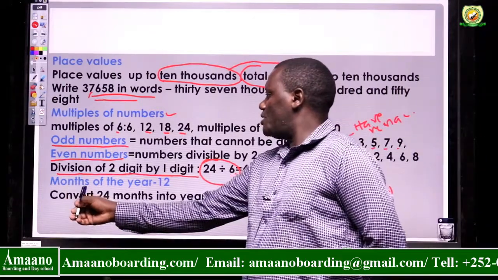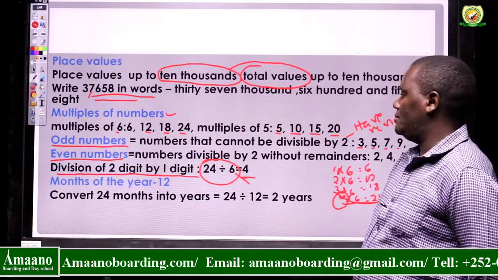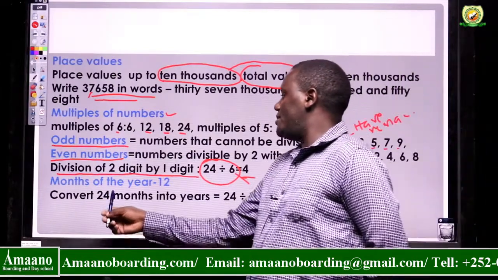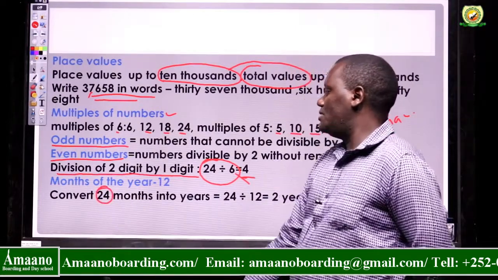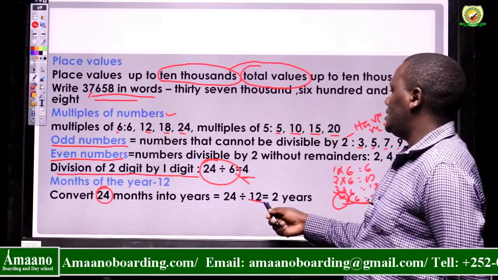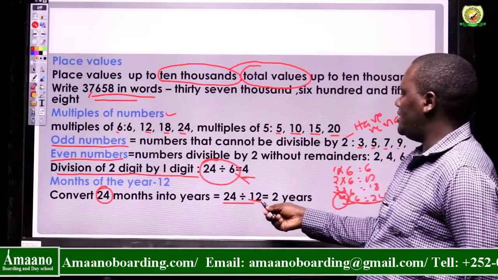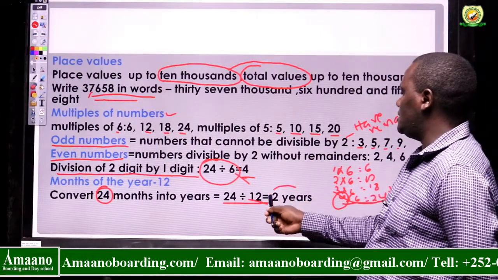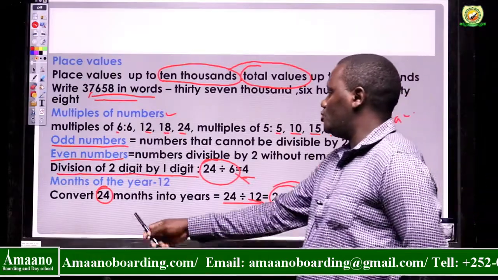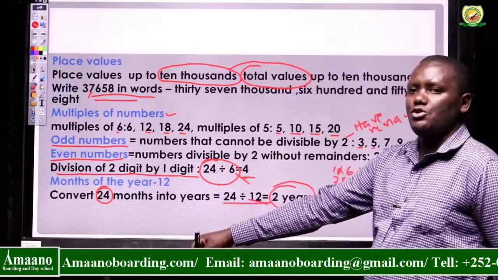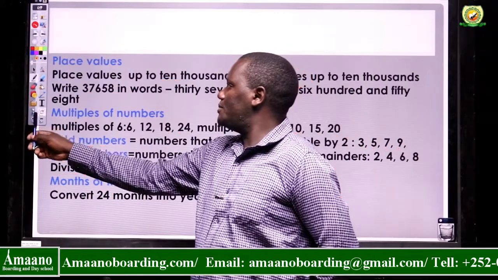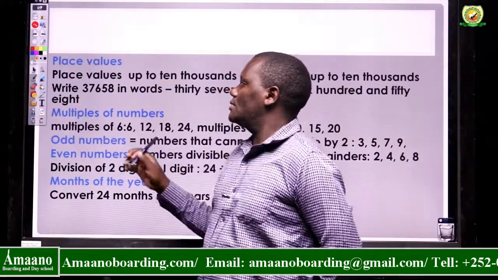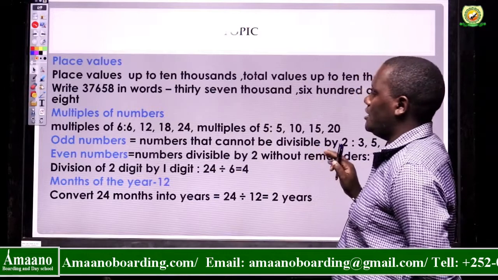Now we have 12 months in 1 year. How do we convert the months into years? We take the months that we are given, divide by the 12 months. That is 24. I divide by 12. I find it is 2 years. That means 24 months equals to 2 years. Let's look at the next topic. The next topic is on